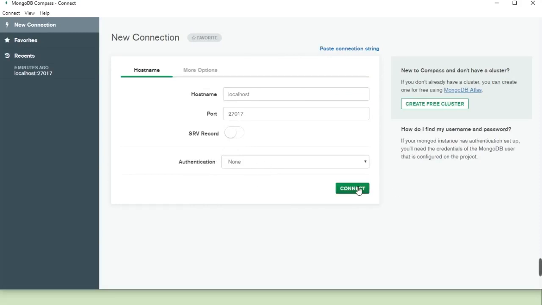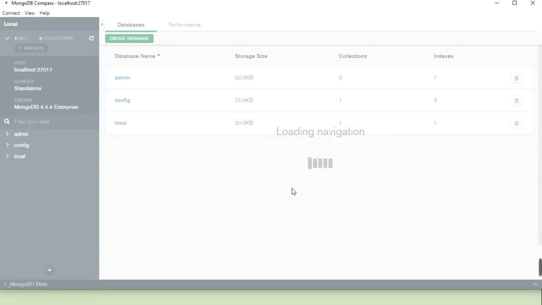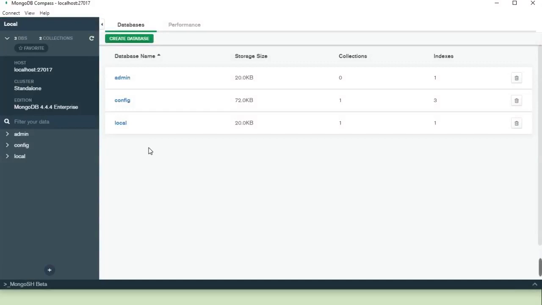So I will connect. It got connected. Here, by default, 3 databases are created: admin, config and local.